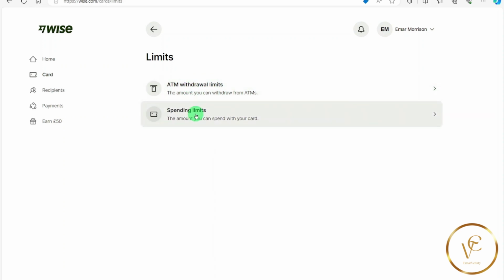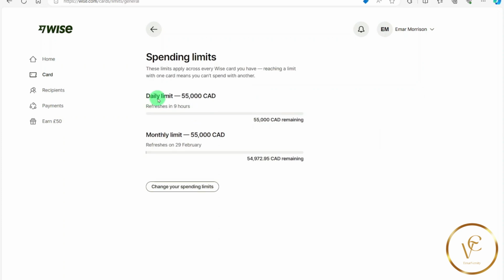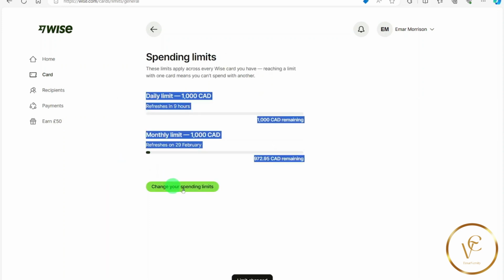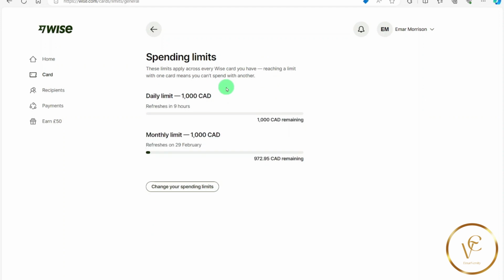So let's select spending limits. So here my daily limit is 55,000 CAD and my monthly limit is 55,000 CAD. So to change it, select change your limits and specify the amount that you want to change it to. So let me say $1,000 and monthly $1,000. Then select save. And as you can see, my spending limits were